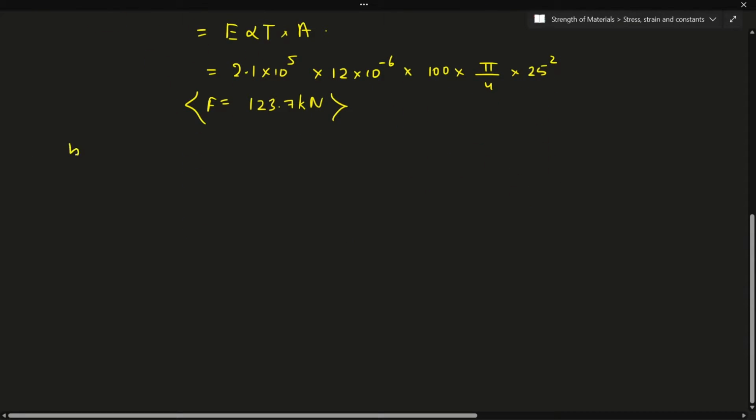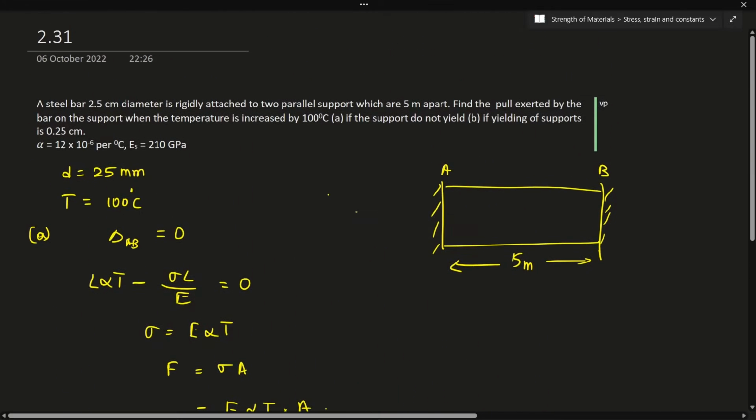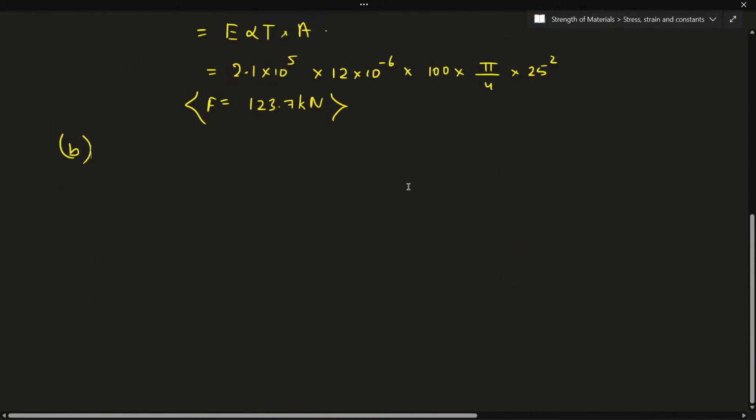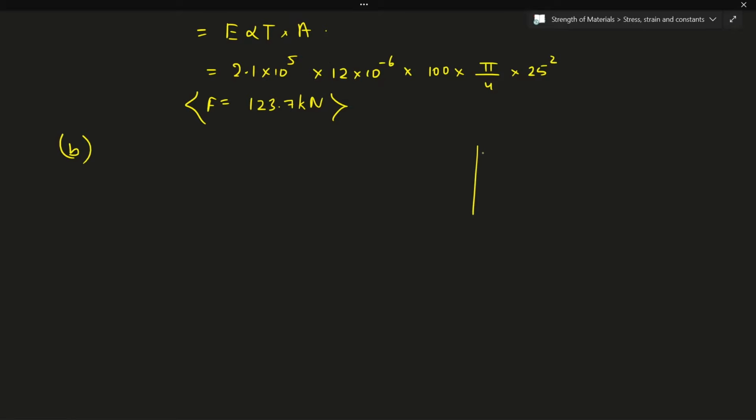So now we have case B. What does case B say? Case B says that if the yielding of the support is 0.25 mm. So I'll draw a small schematic for this again. This would be the initial support, I'll call this A. Now this yields by 0.25